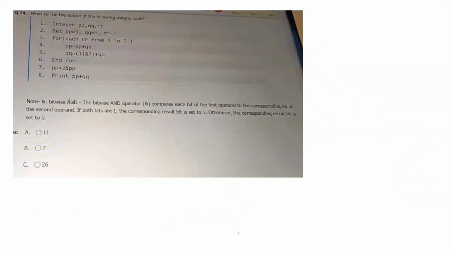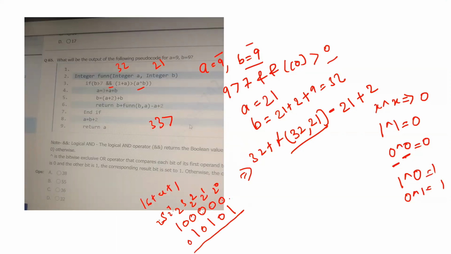Now what has to be done? Sorry, let's go back. If you do XOR, 0 XOR 1, the bits are different, so we'll be getting 1 here, 0 here, 1 here, 0 here, 1 here, 1. So 32 plus 16 we'll have 48. 48 plus this is what? 4, right? 48 plus 4, 52 plus 1, 53.